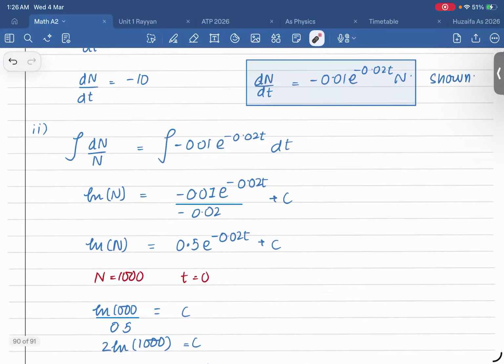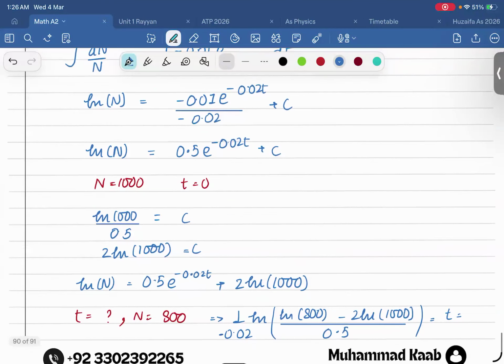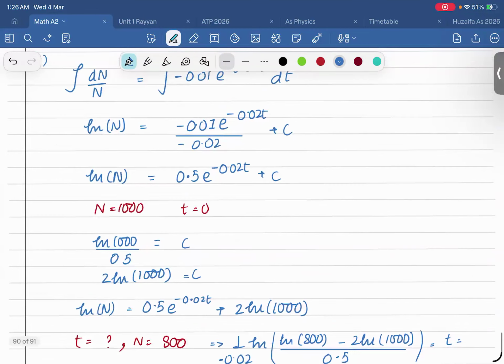Wait, the equation is incorrect. So 0.5 e to the power negative 2, that's correct. To find out the c,